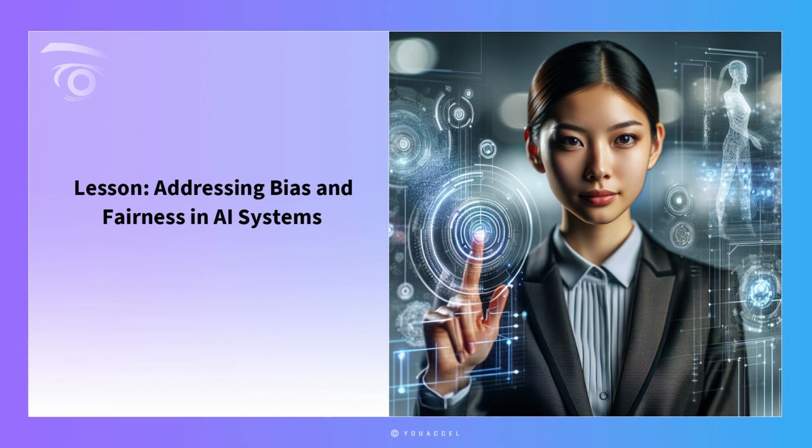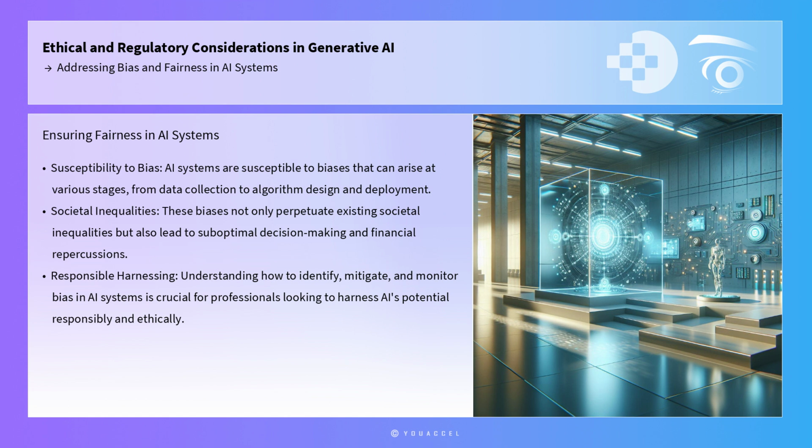Lesson: Addressing Bias and Fairness in AI Systems. Addressing bias and ensuring fairness in AI systems is paramount in the realm of business development with generative AI. AI systems, by their nature, are susceptible to biases that can arise at various stages, from data collection to algorithm design and deployment. These biases not only perpetuate existing societal inequalities, but also lead to suboptimal decision-making and financial repercussions. Therefore, understanding how to identify, mitigate, and monitor bias in AI systems is crucial for professionals looking to harness AI's